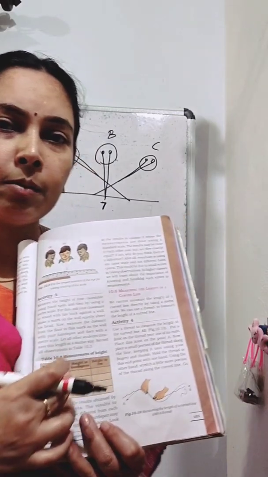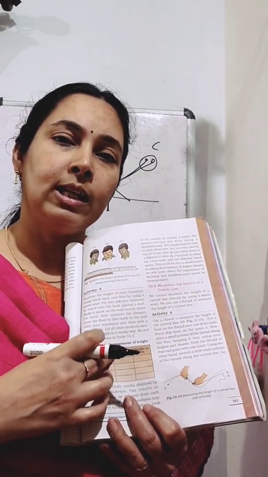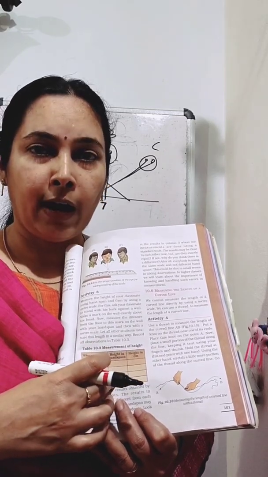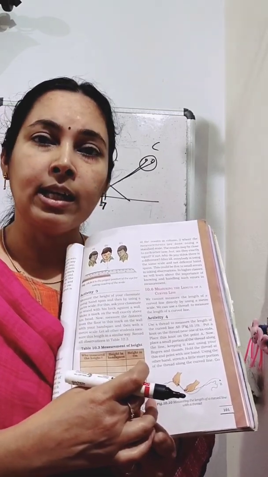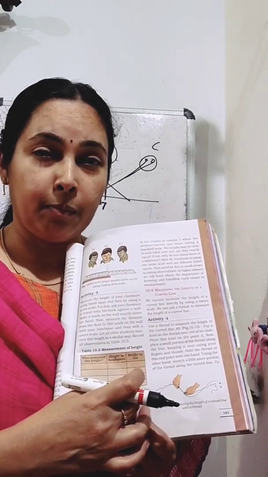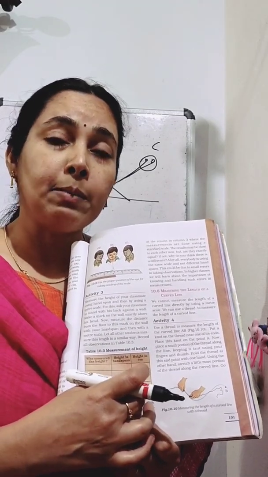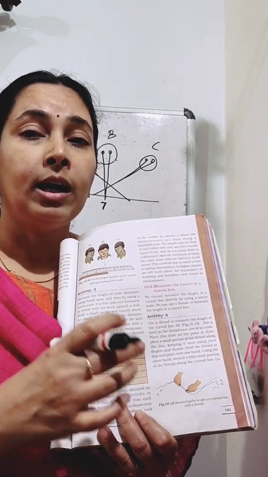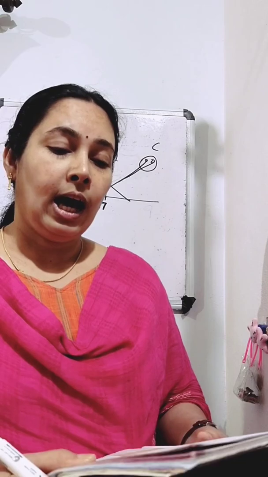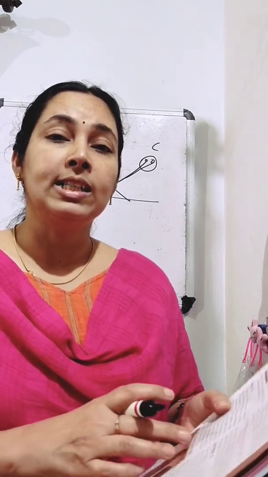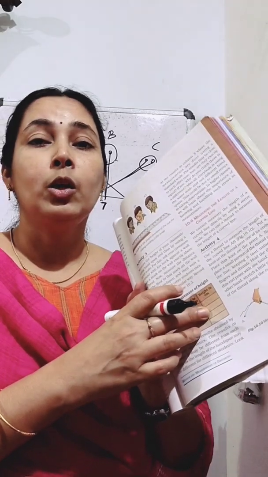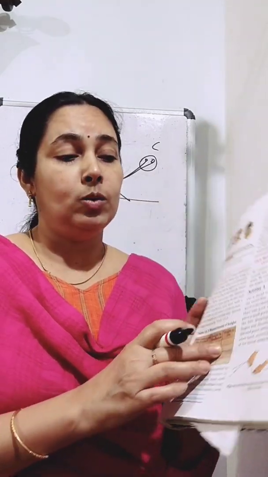So what about the measurements in handspan? You can see there will be so many differences in the number of handspan. What about second? It should be correct because we are using a measuring tape. Then also sometimes we may find small differences. Why are there some small differences? It may be due to small errors in taking the measurements. So when you are taking measurement, you should take it correctly also.